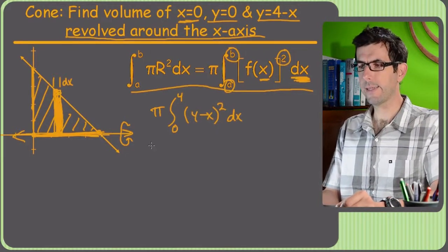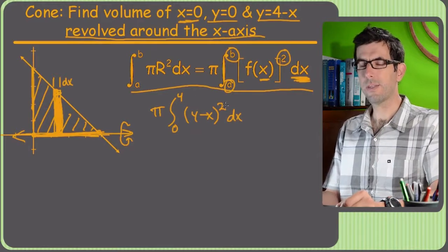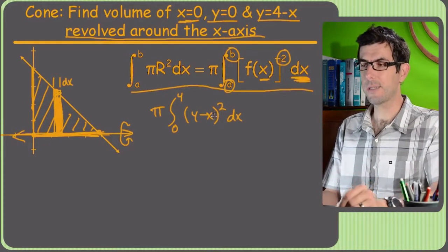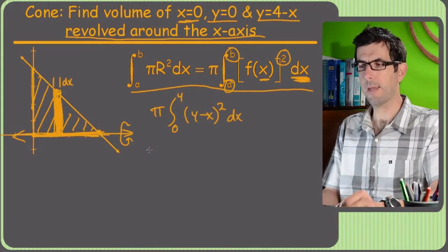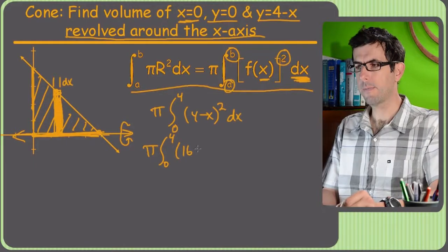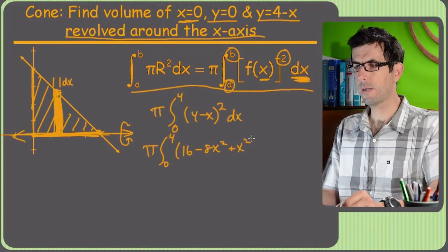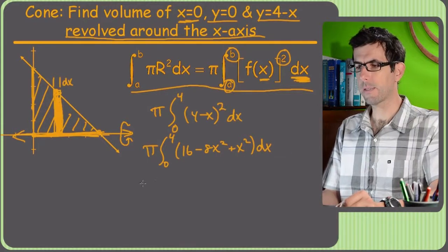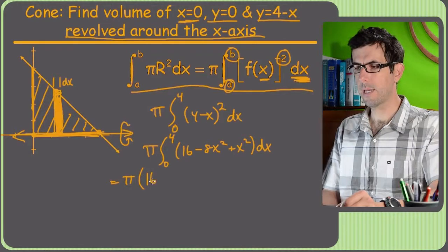Alright, so at this point we got this thing. Now I could start integrating, but it seems like the easiest thing to do would be to FOIL this out. I personally prefer to FOIL out polynomials. So we got 16 minus 8x squared plus x squared, all times dx. Alright, so that's going to be pi. Now I can integrate. So we got 16x